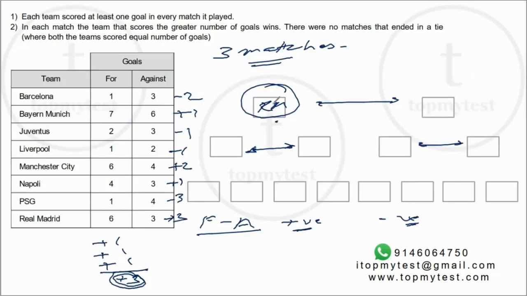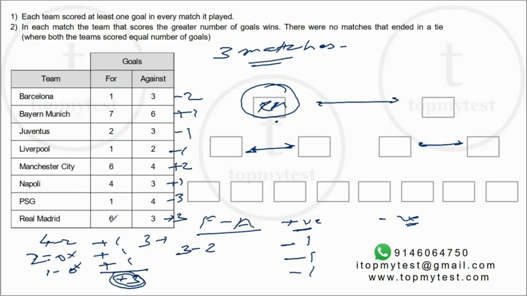Okay, so now this is a very nice breakthrough, because if we combine it with the first statement, we know each team scored at least 1 goal in every match that it played. What does it mean? That even if you win a match, you will still be conceding 1 goal. So against Real Madrid, there will be at least 3 goals conceded. You can win 3-2, 3-1, 4-2, 5-1, 5-2, but whatever it is, you cannot win 2-0 or 1-0. At least 1 goal Real Madrid has to concede.